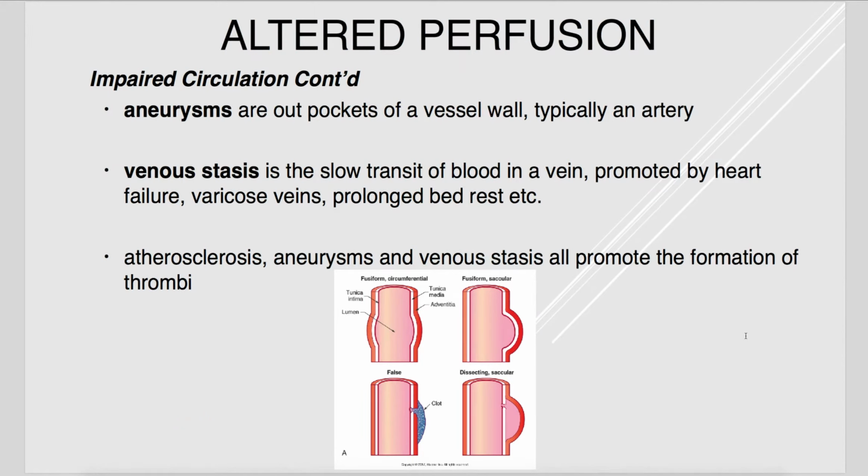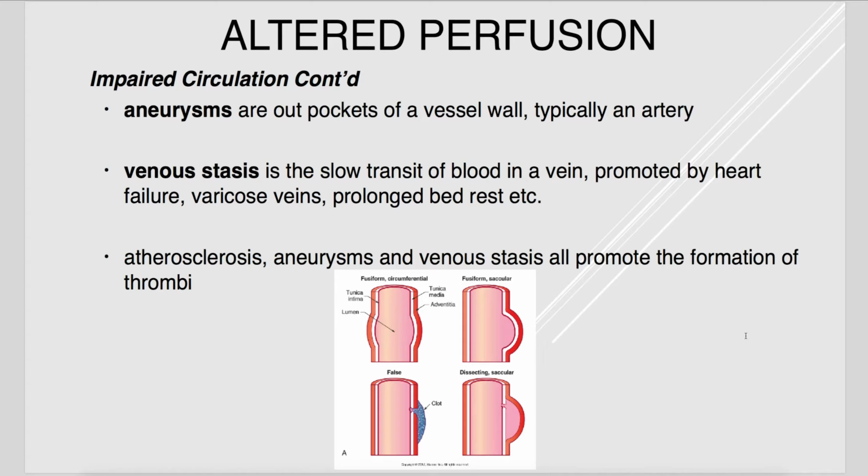Aneurysms are just outpocketings of a blood vessel wall, typically in reference to an artery. Aneurysms have never killed anybody, but when they rupture, they can certainly be dangerous. They commonly form in the abdominal aorta. They commonly form where the carotid artery bifurcates into the internal and external carotid arteries, and a couple of other